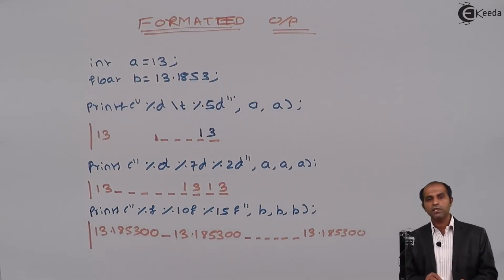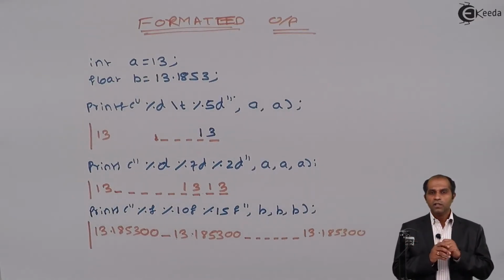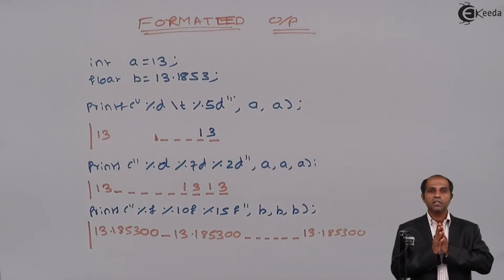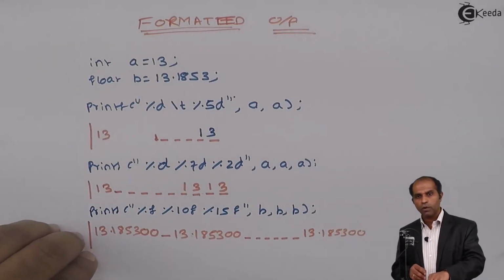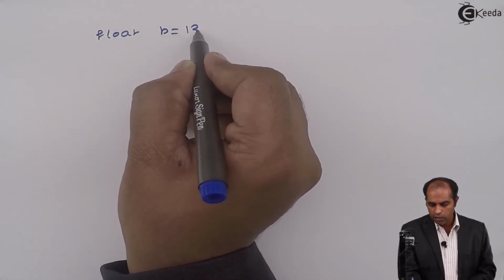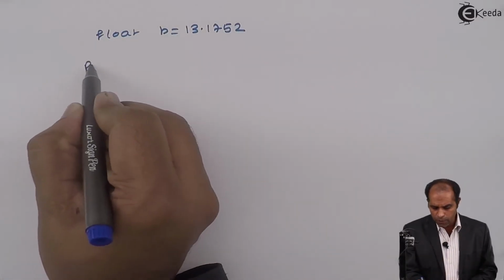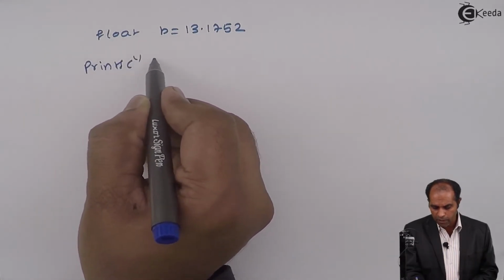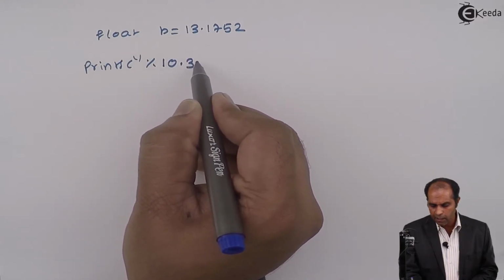So whenever I'm using these formatted outputs, we should always generate spaces between the numbers. Generally, if a question is asked to display the result in a tabular form, in that case we go for these formatted outputs. Let me try with one more example. Suppose I have a variable float b equals to say 13.1752. If I use a specifier as printf percentage 10.3f